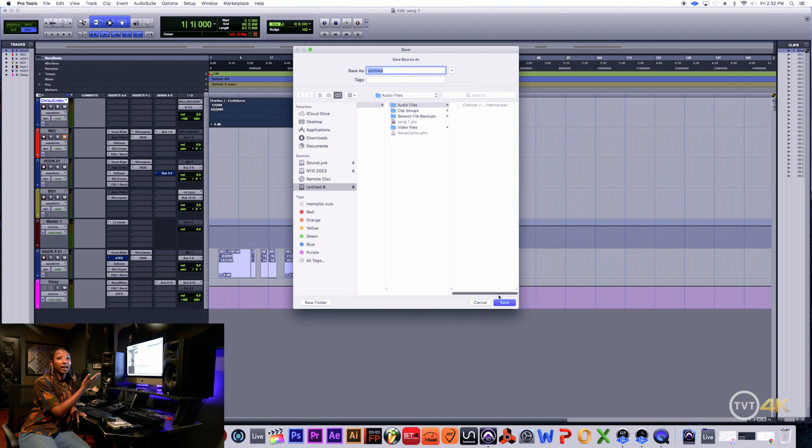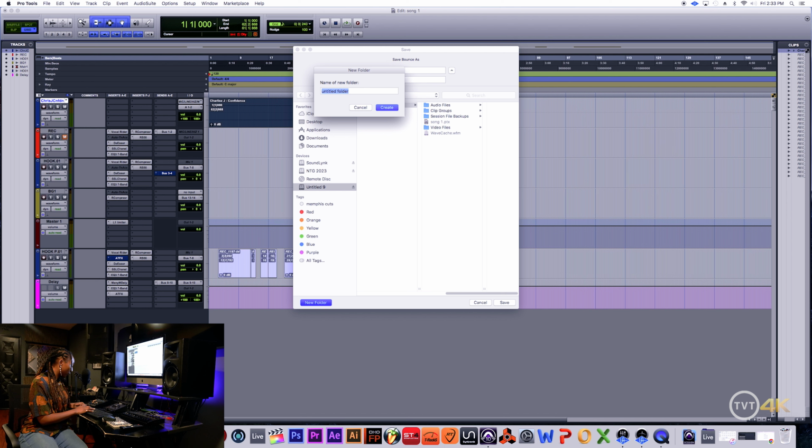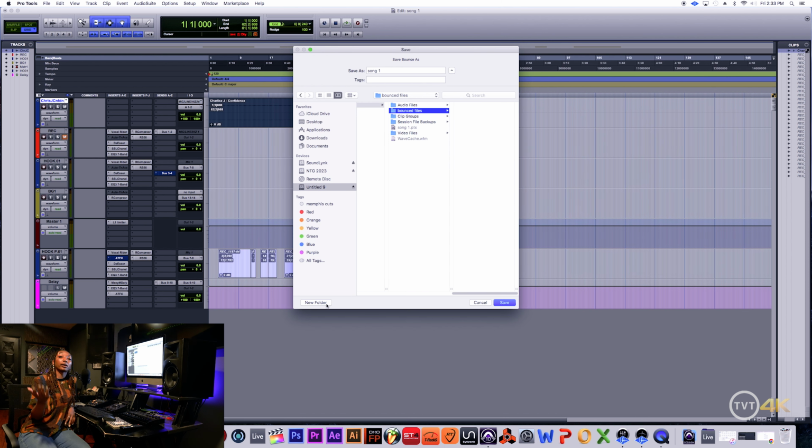Once again, it's going to ask you, where do you want to save this? Okay, this is a common theme. Please know where you're saving things. You do not want to get files lost. It's not fun. Okay, so you want to name this song 1 bounce, and then I always like to, if there's not a folder here, I will make a folder for bounce files. If you're using Pro Tools 12, it automatically makes one for you, but I like to make one